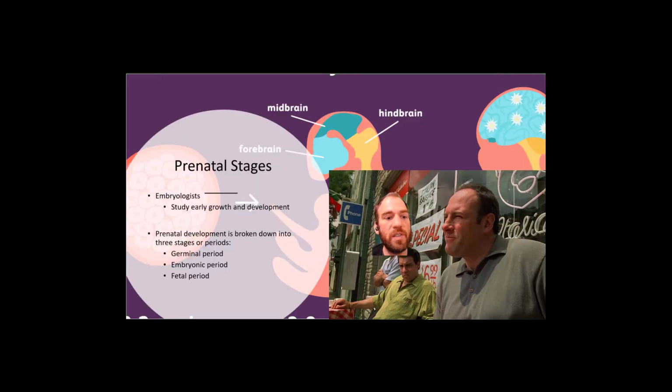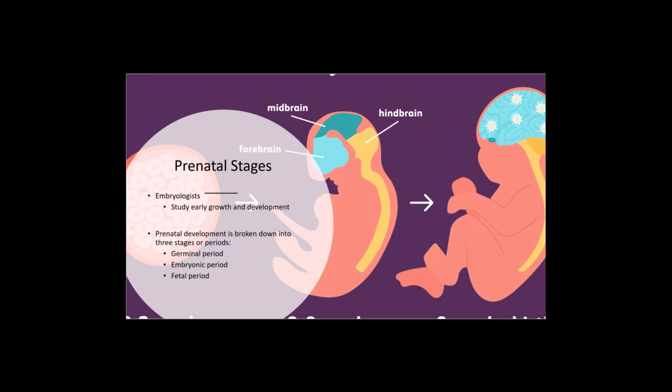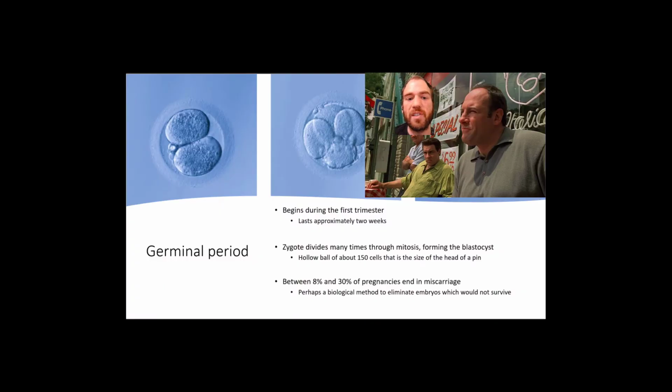So prenatal stages, we're going to look at three: germinal, embryonic, and fetal. And embryologists study early growth and development. So the germinal period begins during the first trimester and lasts about 2 weeks. The zygote divides many times through mitosis, forming the